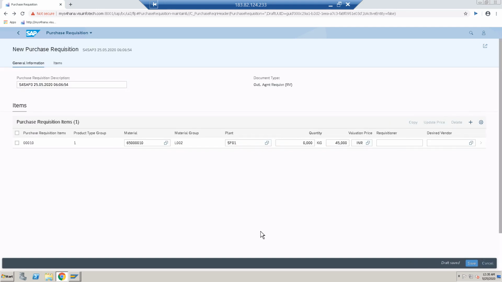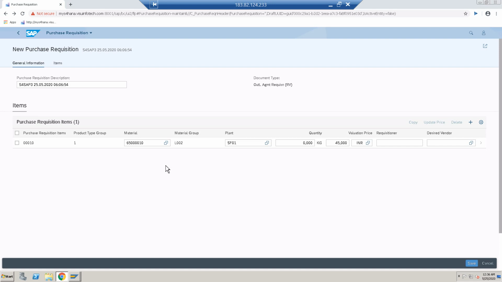If you want to add another plant for the same material, you can add here, like this. Enter the same thing again and enter your second plant, and that material also has the same material master record. Like that, you can enter multiple plants for the same material master.